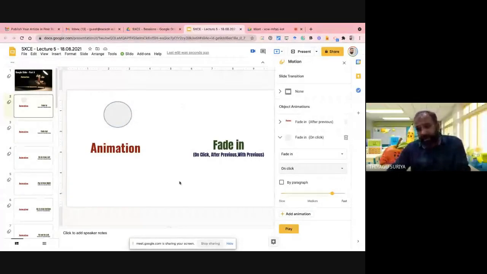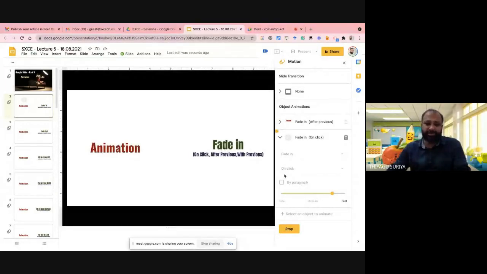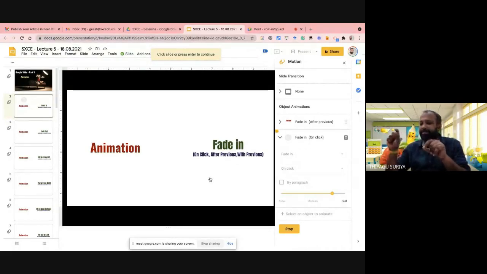For checking how it works, instead of going to the presentation screen, there is an option called Play. We can preview before going to the presentation. Once you click Play, a preview is generated. See, there is a preview screen. Now you can see only the fade-in and animations, because I set it to on click. Once I click my mouse, I can view that particular circle.